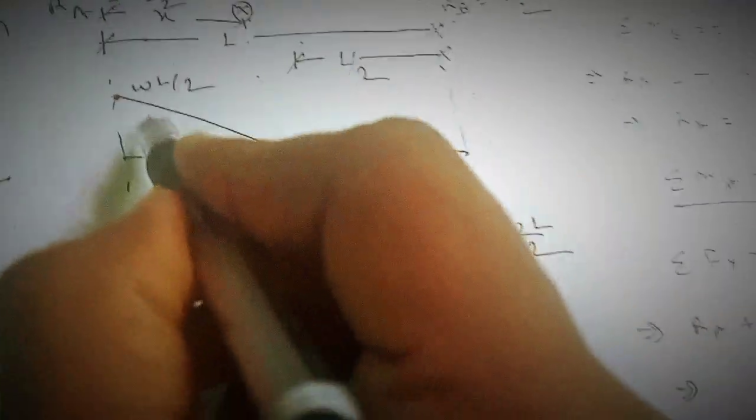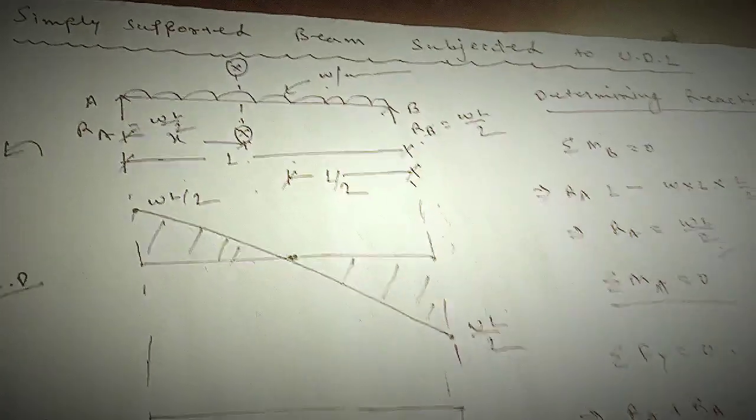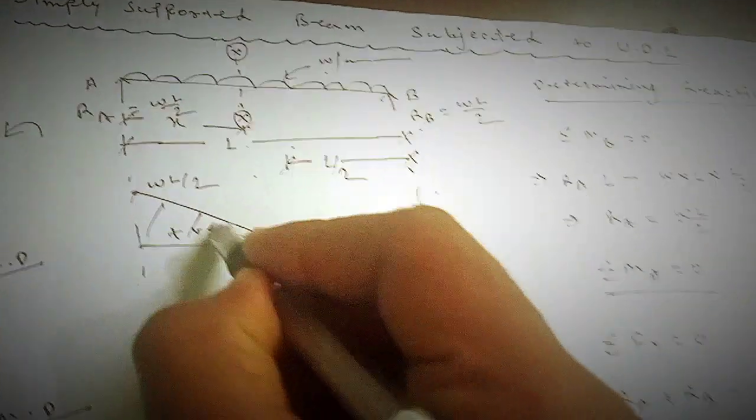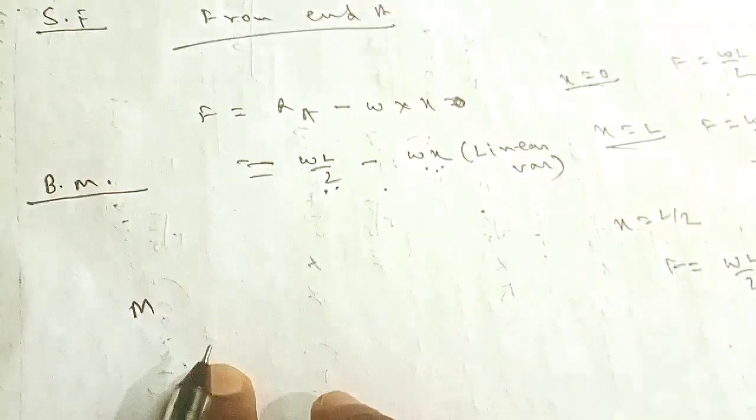So this is the shear force diagram for a simply supported beam subjected to UDL. This is positive shear force and this is negative shear force. Now let's determine the bending moment for it. We have determined the shear force; for bending moment, similarly,